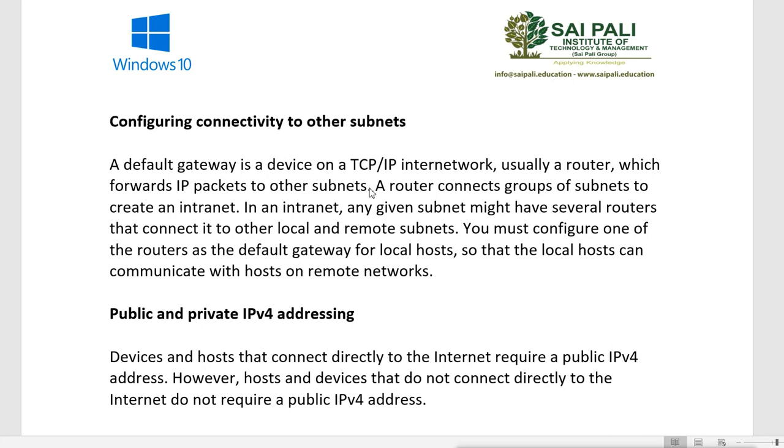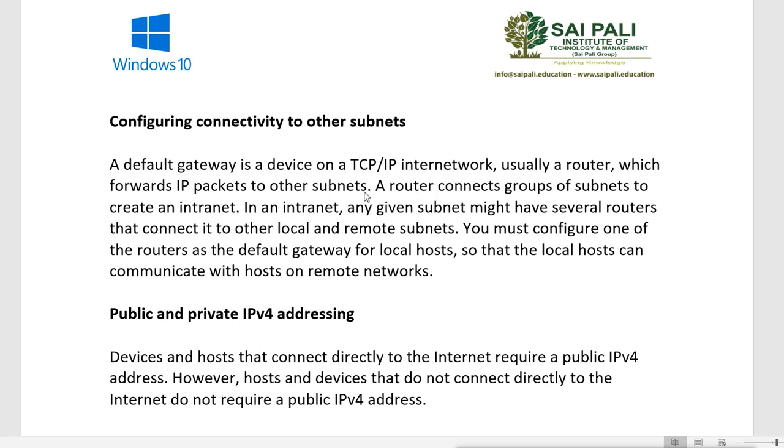That means they sit on the gate. Very simple. This is your network, you are inside your network, that is your house, and you want to go to another network, so you have to go through the gate, and on that gate the router is sitting. So every machine within the network, if it wants to go to the other network, has to go through that gateway, and on that gateway the router is there. So every machine must know the gateway address of that router, so that they can pass that gate to go to another network.